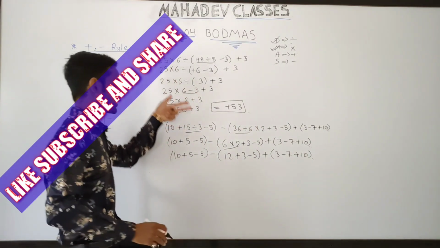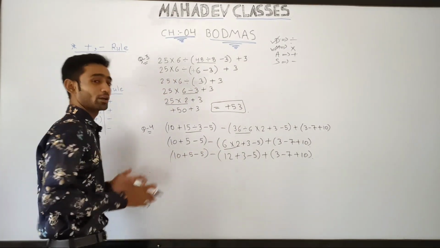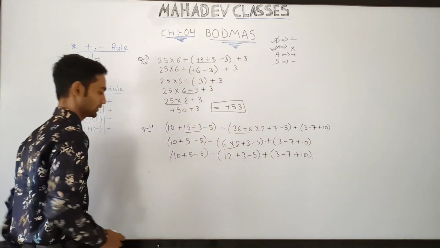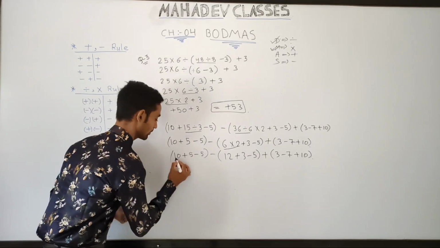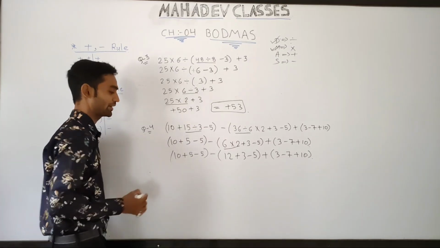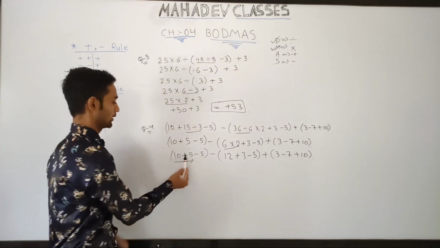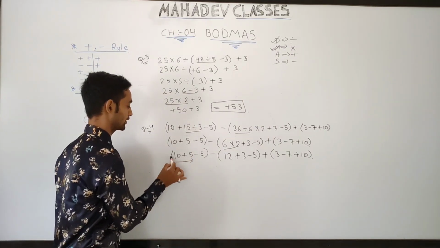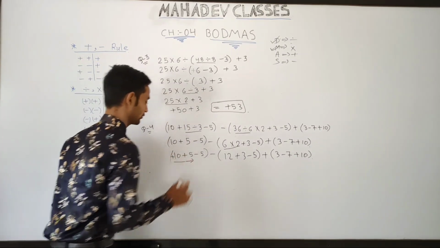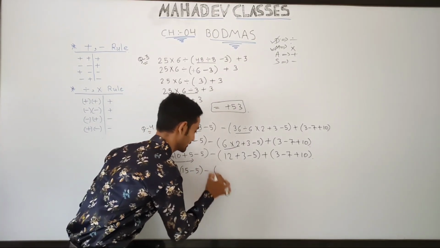So now there are no division and multiplication symbols left, so we will simply do the process of addition and subtraction of each and every bracket separately. See, first of all we will do the process here. This 5 has a minus symbol, this 5 has a plus symbol, and this 10 has a plus symbol. So we will go from this to this. Here is the plus sign and this also has a plus sign, equal symbol, so do the process of addition. 10 plus 5, you will get 15, and minus 5, bracket over, minus in other bracket.